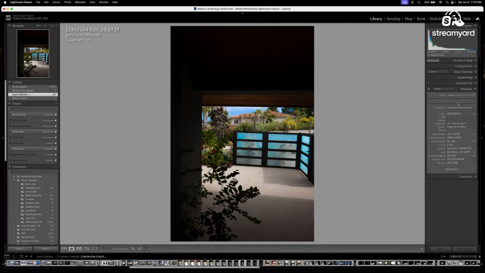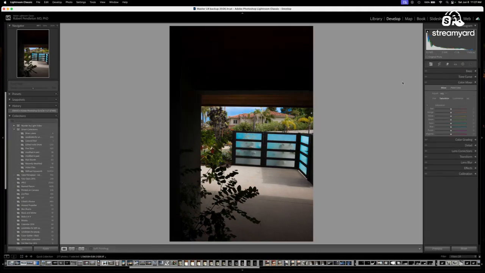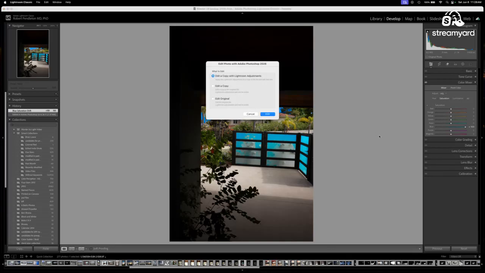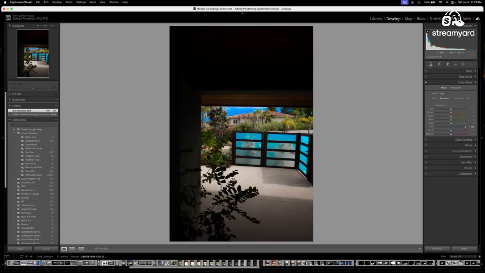This has now been saved as an additional image, so it's resaved it as edit to edit. And if I want, I can go back to the develop mode, and my sliders are all back to 0. I can saturate it again. And so now I'm getting some really crazy blue sky out of this thing, and you can just keep doing this as much as you like.